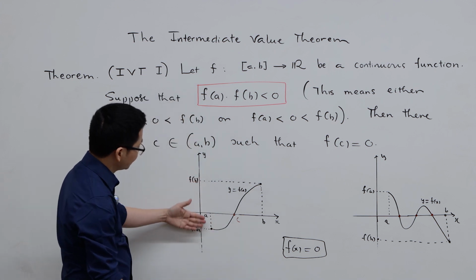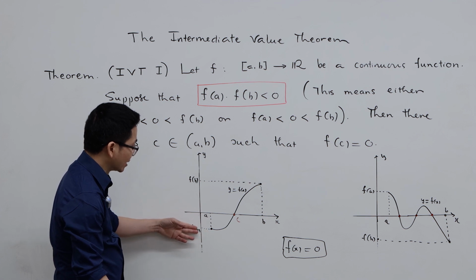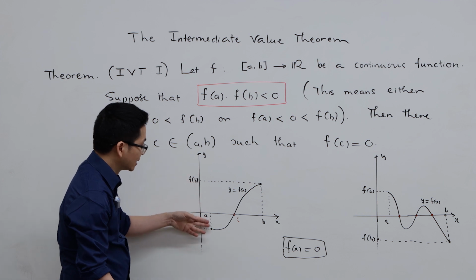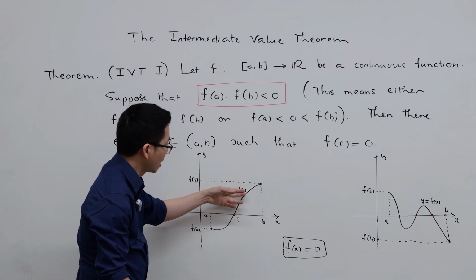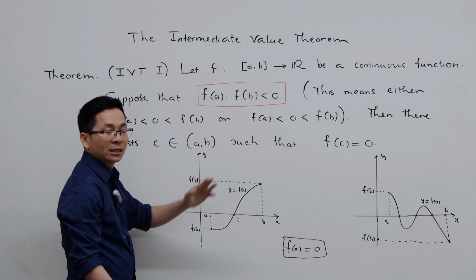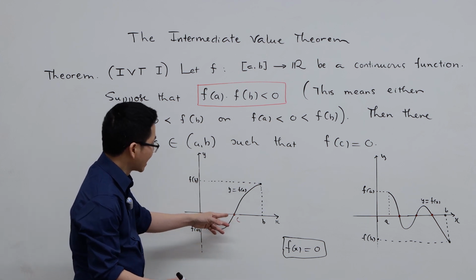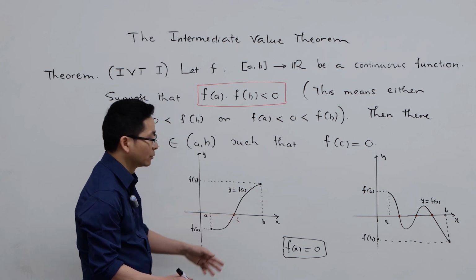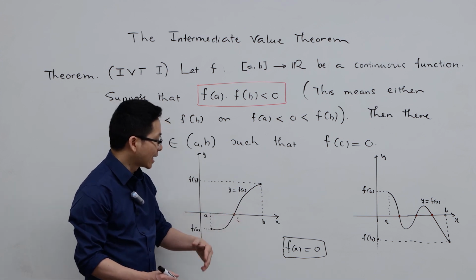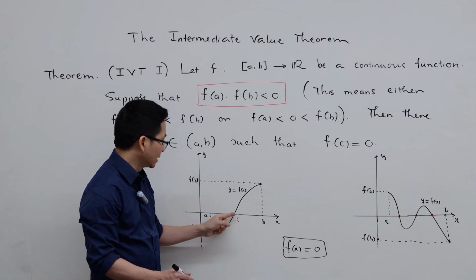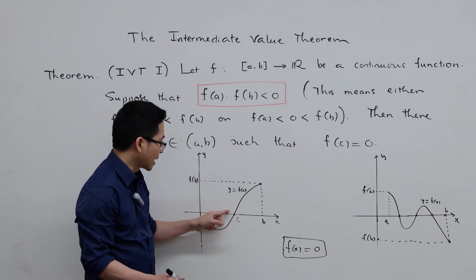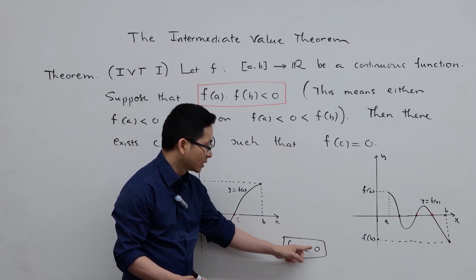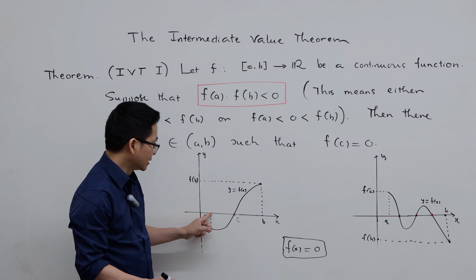In the first graph here, f(a) is less than 0 and f(b) is greater than 0. And this is the graph of a continuous function on the interval [a, b]. By the intermediate value theorem, there exists some c in the open interval (a, b) such that f(c) is equal to 0. In this situation, there exists a unique c in the open interval (a, b) such that f(c) is equal to 0,